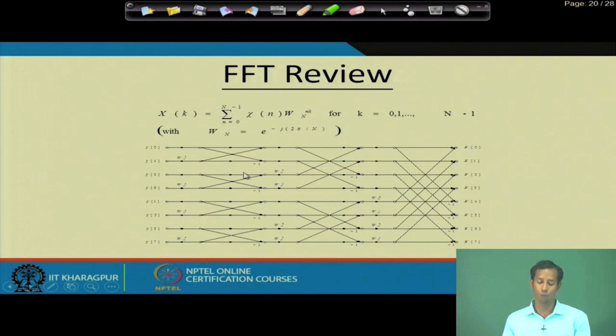Now, whenever we have to design this particular circuit for hardware implementation, this is the data flow diagram of the fast Fourier transform. This data flow diagram will be implemented via some hardware. So, what will be the hardware structure to implement this particular data flow diagram of the fast Fourier transform,